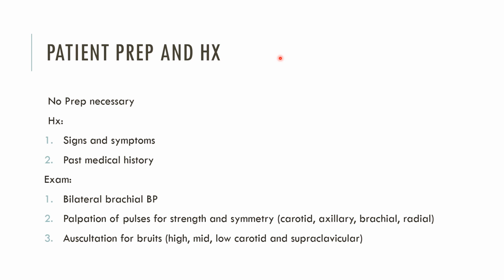Now, once you get a good patient history, and if your patient is a post-stroke victim, then you may have to get this from a caretaker, then you'll begin the actual exam. So for a carotid exam, you're going to do a bilateral brachial blood pressure. Now, if our bilateral brachial blood pressures are equal, that would indicate that we have equal flow through both of our subclavians. If we had a decrease of over 20 millimeters of mercury in one side versus the other,